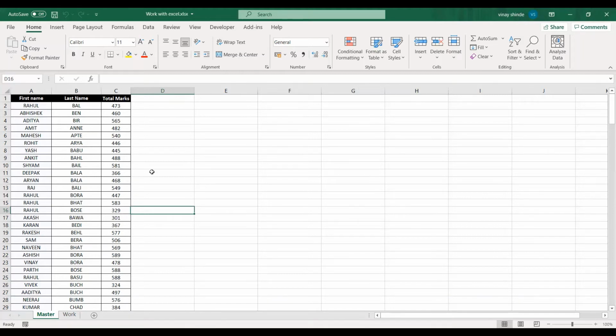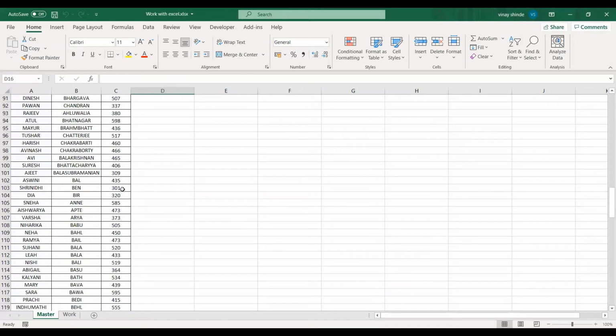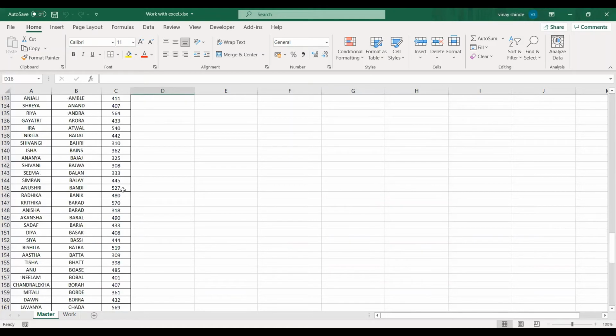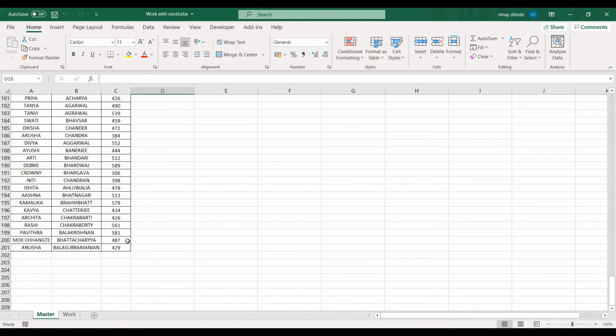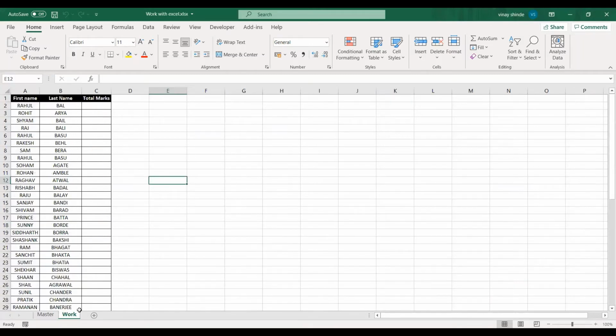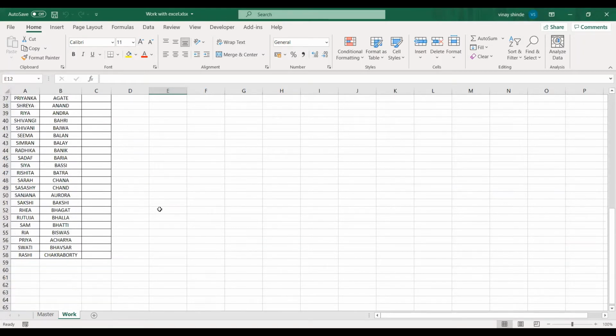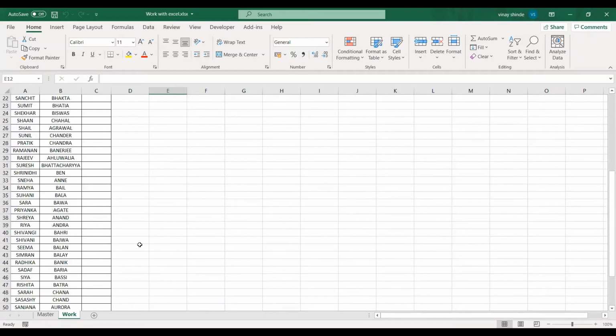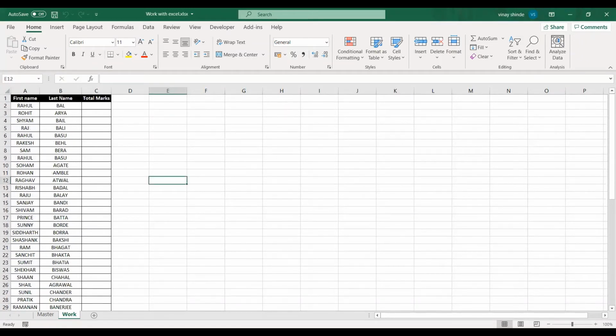Here I have a list of around 200 students whose first name, last name, and total score is mentioned. Now I have one more sheet named work, and I want to get total marks for selected students only. Here you can see only 58 students are there. I have randomly selected students and put them on this worksheet.